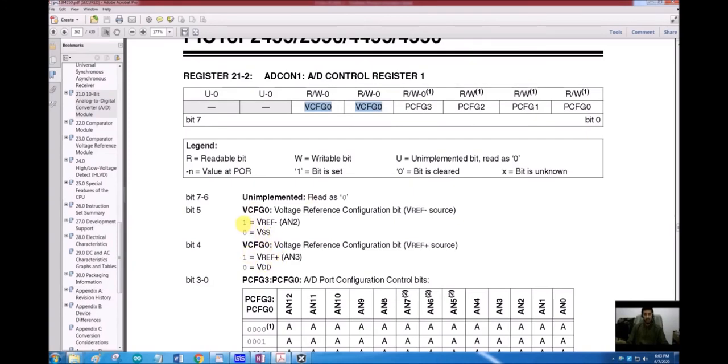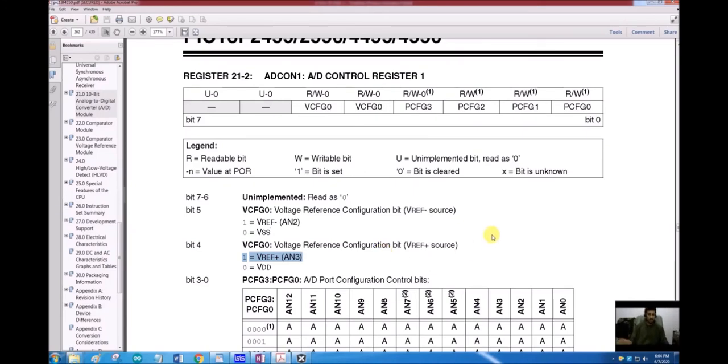So Vref minus in that case will be manually connected by us to the AN2 pin, and Vref plus will be manually connected by us to the AN3 pin to increase the resolution of the ADC conversion. It will be crucial in control applications where the accuracy is very important.